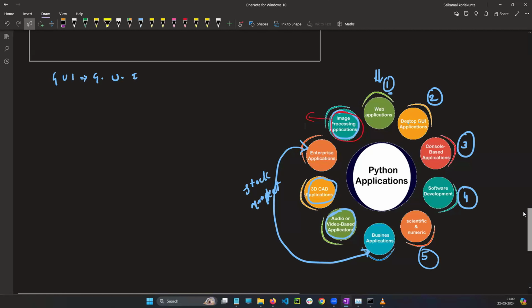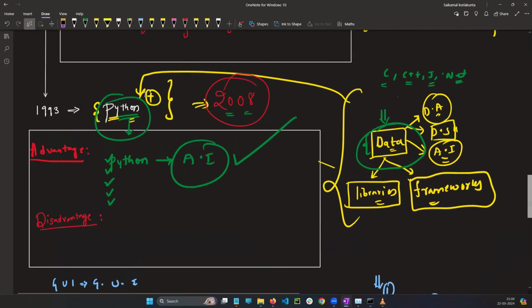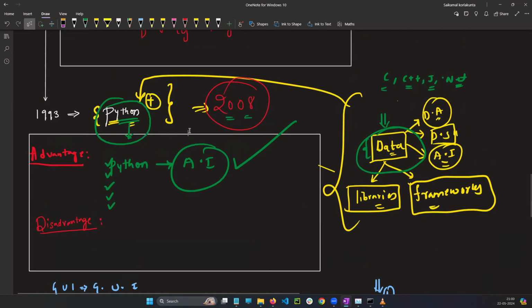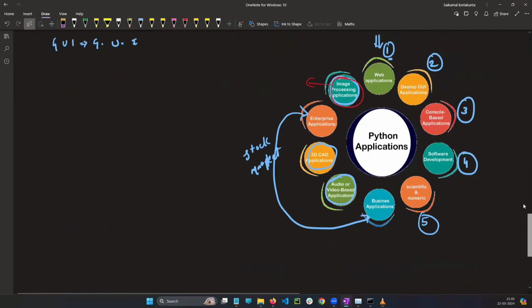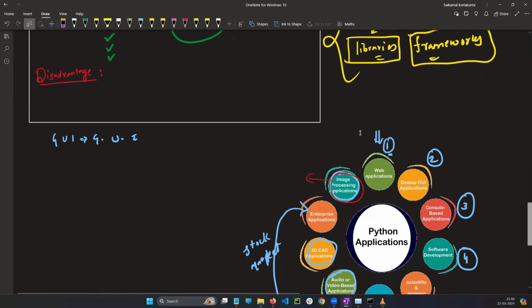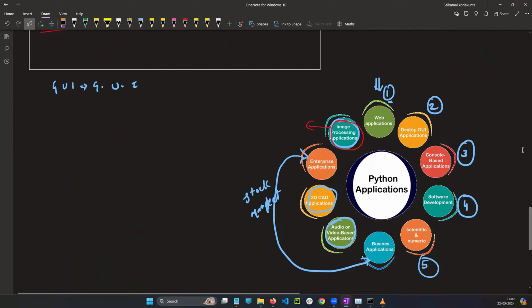That's why for anything you want to do with data, the only option for you is Python. Without Python, nothing. I'm telling you. If you want to become a data analyst, Python is the main thing. If you want to become a data scientist, Python. AI, Python. Why? Because Python became very famous due to its applications and mainly for data